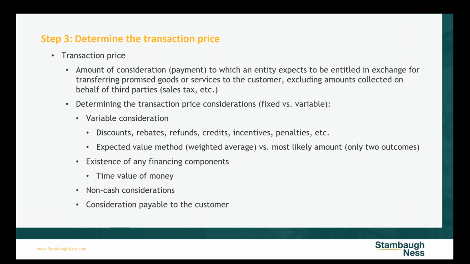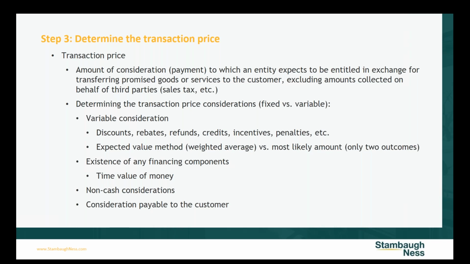And there's 2 ways that they describe, and that's doing a weighted average. So think about if you have, in our example, memberships, and say we've got 1,000 members. Well, now we might have to look back at historical trends and see how many of our members pay early and get that 5% discount. Or if there's a late fee or a penalty, how many of our members have paid late and had that additional penalty they've had to pay. And then we can do a weighted average, and that's how you come up with what that variable amount would be.